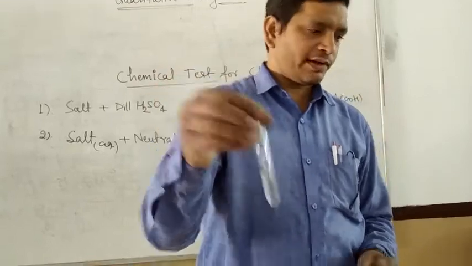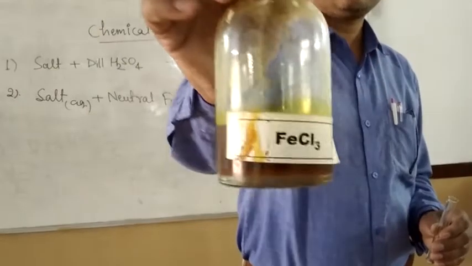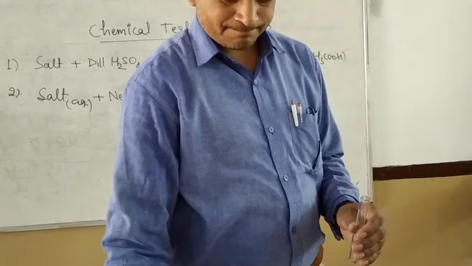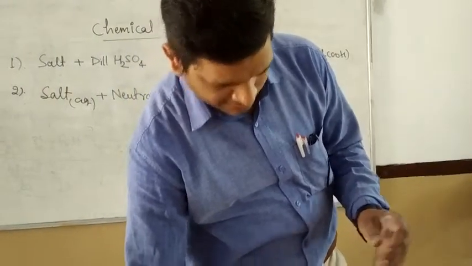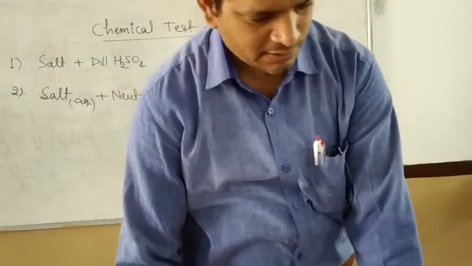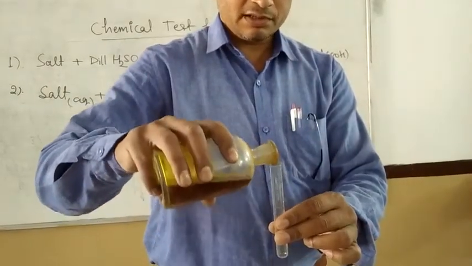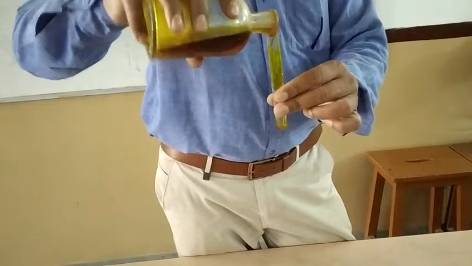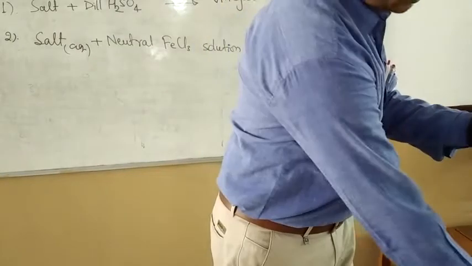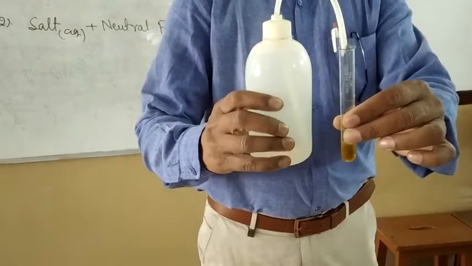Okay, now to it we will add neutral ferric chloride solution. So this is the ferric chloride solution, already prepared. To make it neutral, I will add a little amount of distilled water in that. Okay. So this is the ferric chloride and in it I am adding